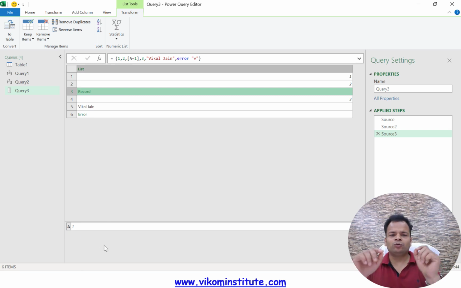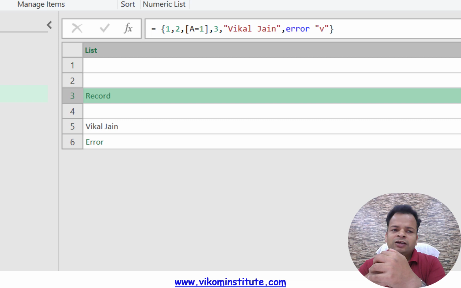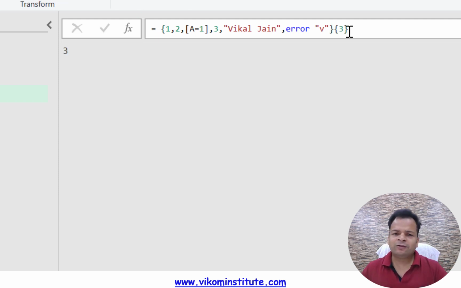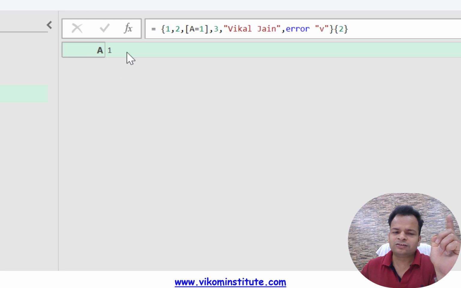Now what I want to do is find out, let's say, the third item, and you will see the third item is 0 1 2 3, and you can simply enter it like this, number 3. That is not nested. Now if I talk about number 2, it will give me the record, and you will see the record is here.